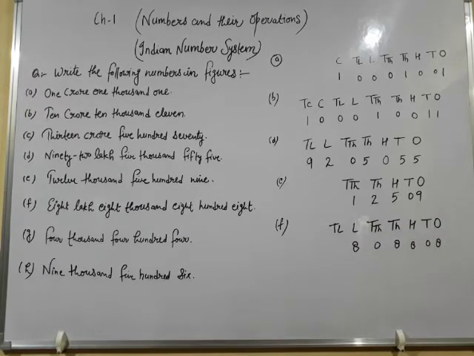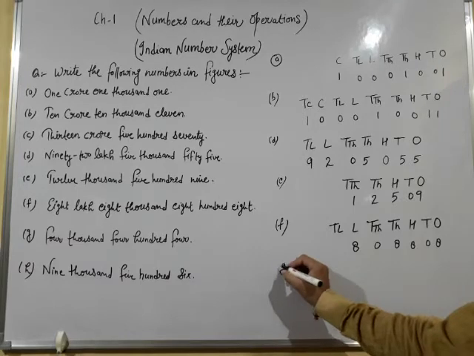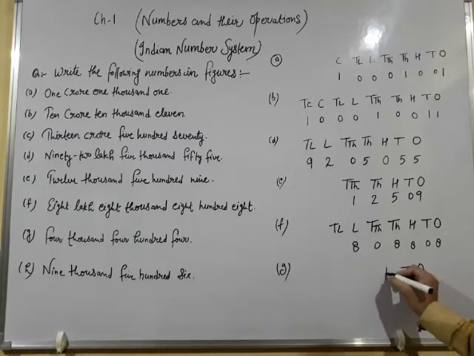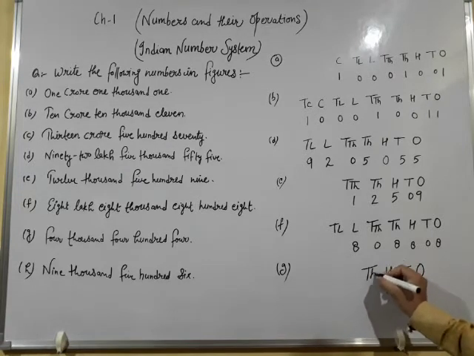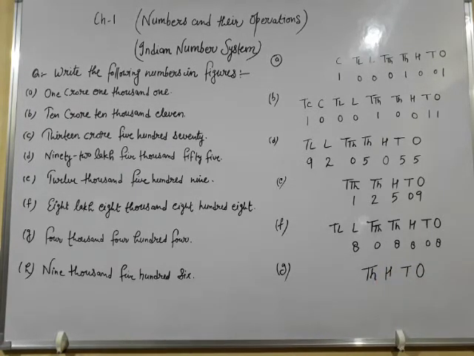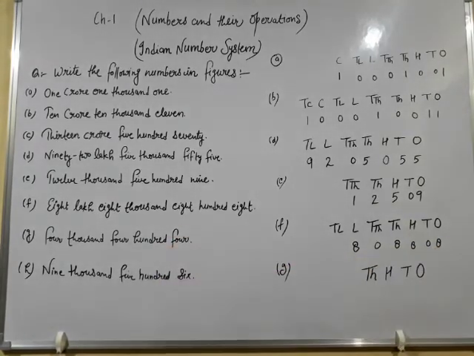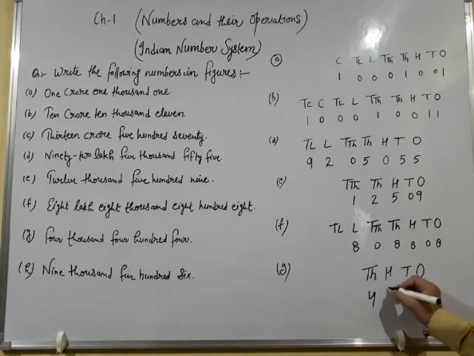G part. The highest period in this G part is thousand, 4,000. So you have to write places up to the thousands place. Ones, tens, hundreds and thousand. No need to write 10,000 because the highest period given here is thousand. 4,000. So you will write 4 here. 4,000, 404. This is the answer of your G part. And similarly, you can find the answer of H part yourself.